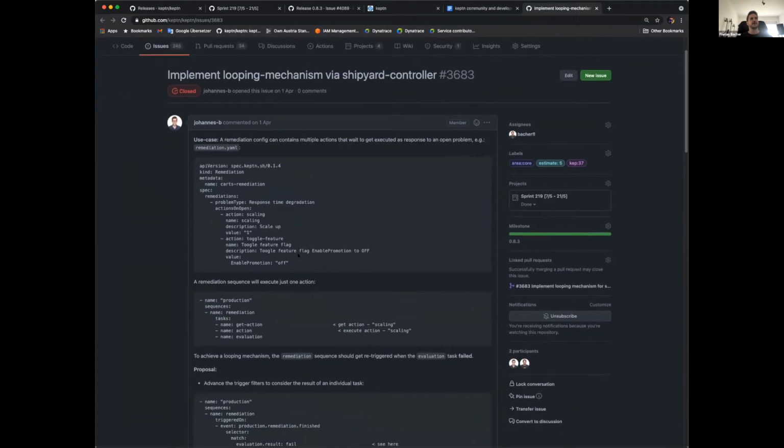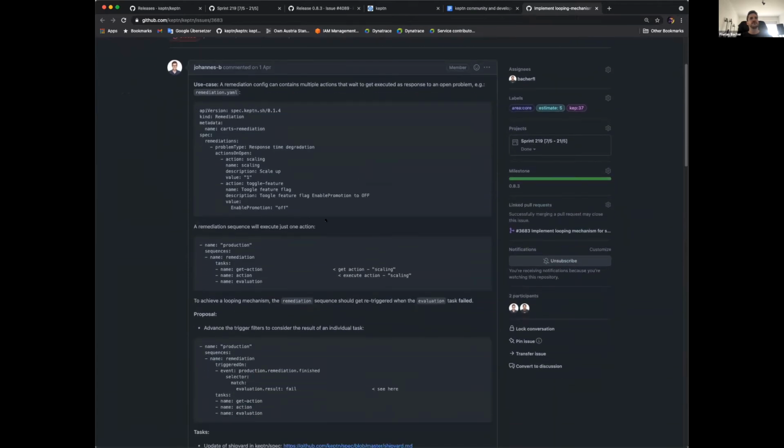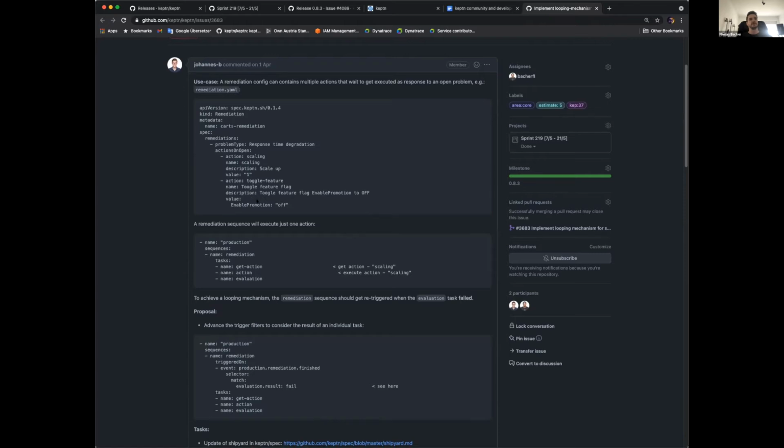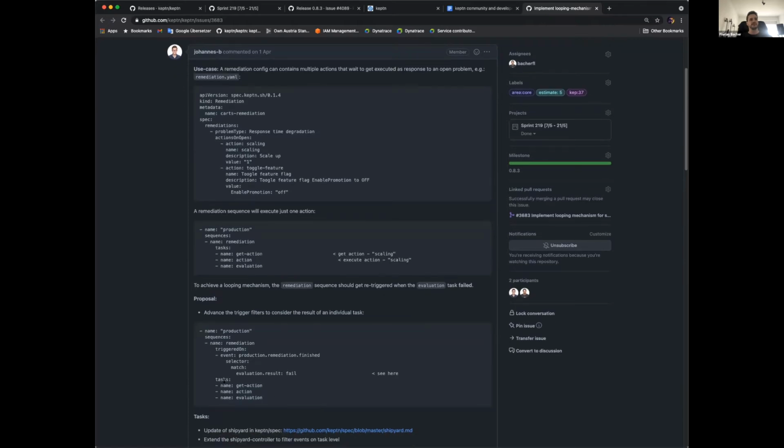work is basically we have the remediation YAML that will be used by the remediation service. And here for a specific problem type, we have the possibility to define a set of actions that should be executed one after another. So if we have a problem, for example, response time degradation, the Shipyard controller, if we look at this sequence, will send out the get action task, which will be picked up by the remediation service,